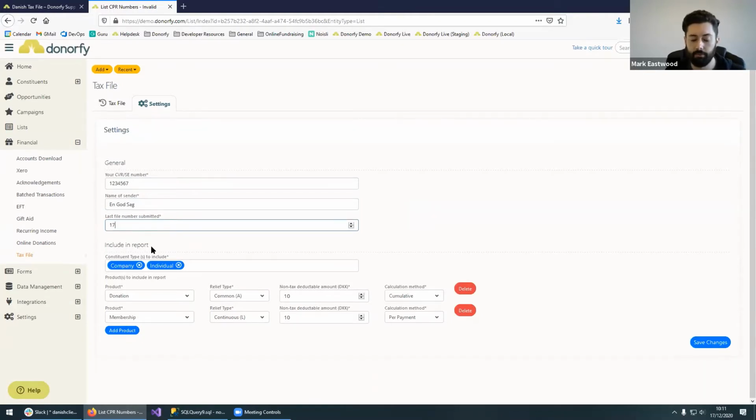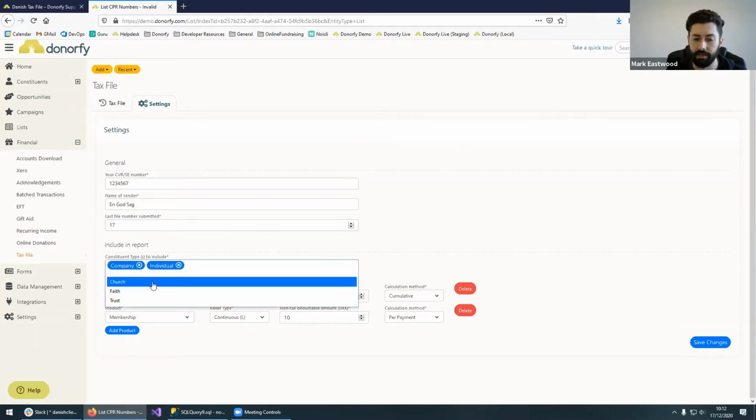The bit below is a bit more important. It's what's going to go into the tax file itself. So you can define which type of constituents get included. There might be some constituent types you don't want to go into the tax file. In my case, I've selected the company constituents and the individual constituents, but I've not selected any of the other